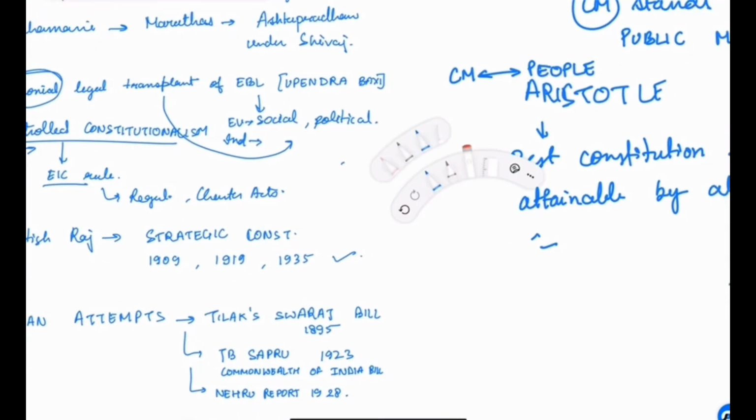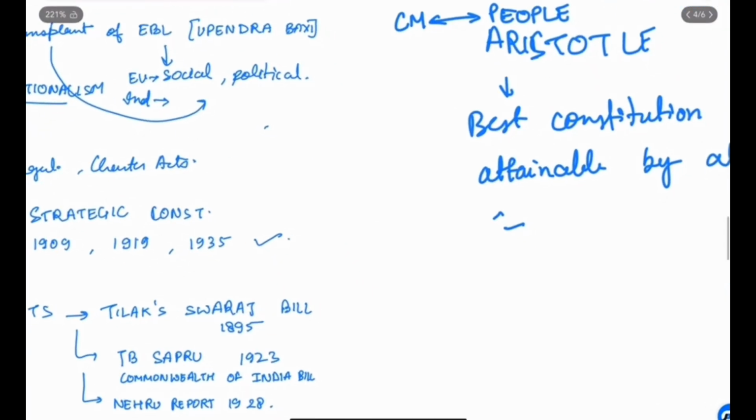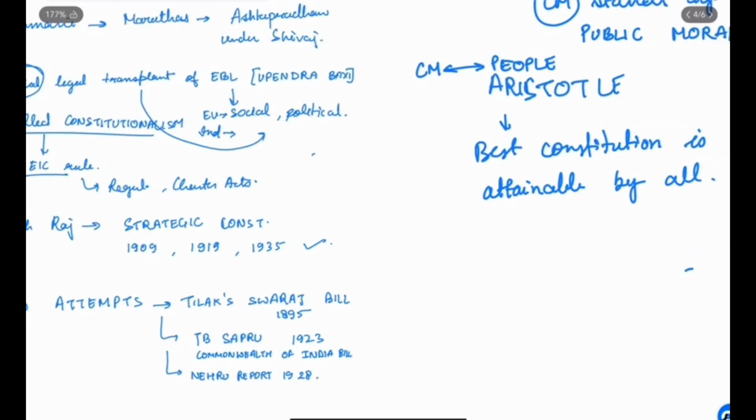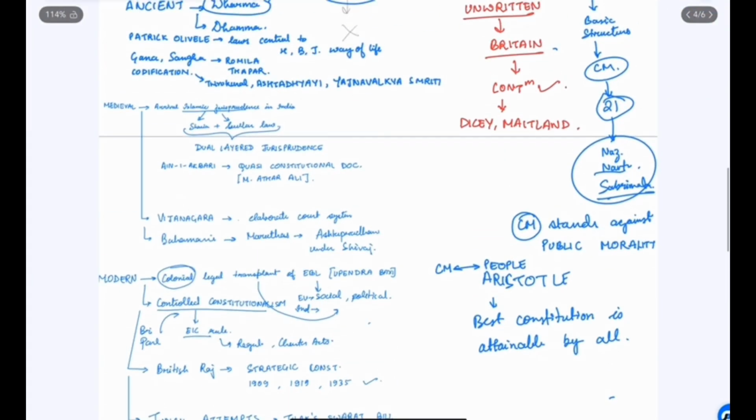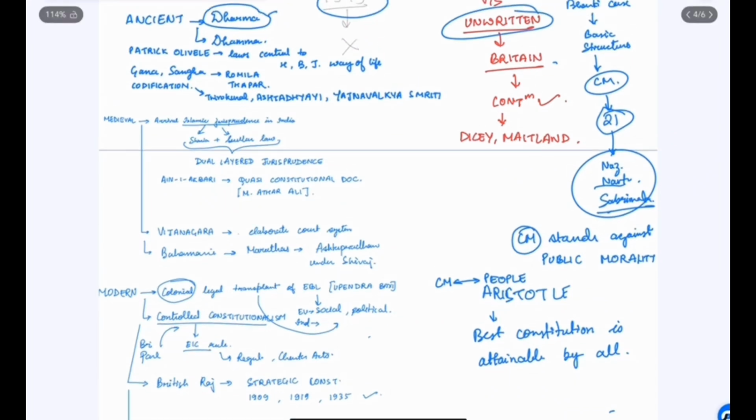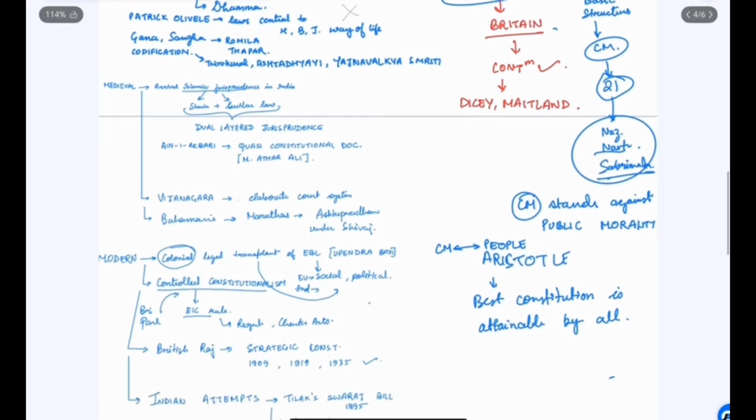And now we can also see that constitutional morality, as we have talked about here, is also present in unwritten constitutions. So it is not very legal and particularistic in manner. It is not very textual in manner. It can be extra textual. It can be extra legal. It is basically morality. Morality doesn't necessarily derive from a text. So what we can see here is